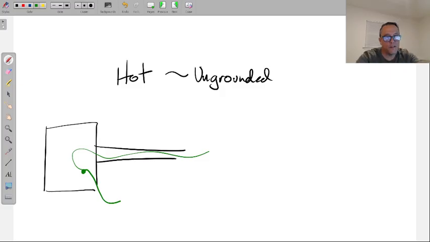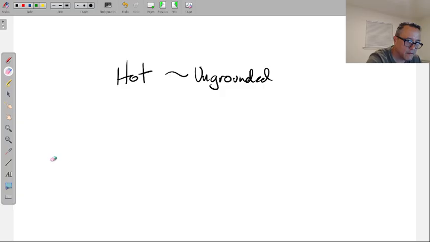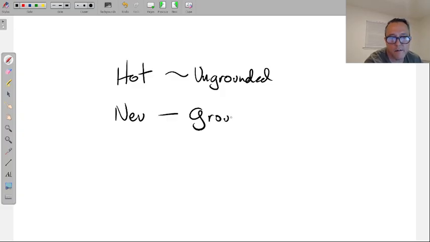Right? All of this metal is a conductive body that extends the ground connection. So anything that's ungrounded is not connected to anything that is grounded. Right? Very easy to break that down. So we like to call the neutral the grounded conductor because it is grounded to the system itself. And we like to call the ground the grounding